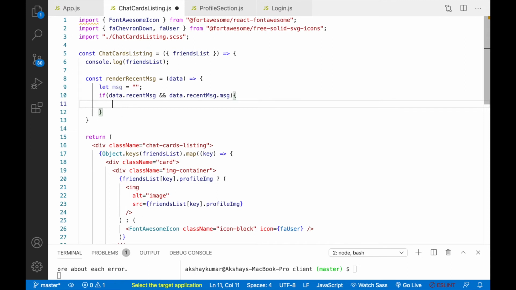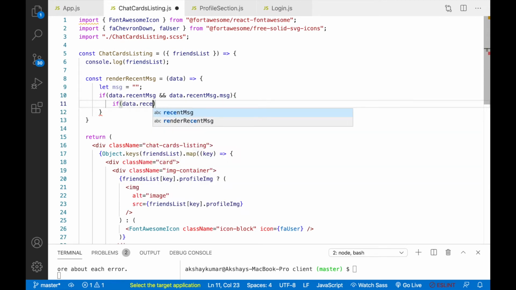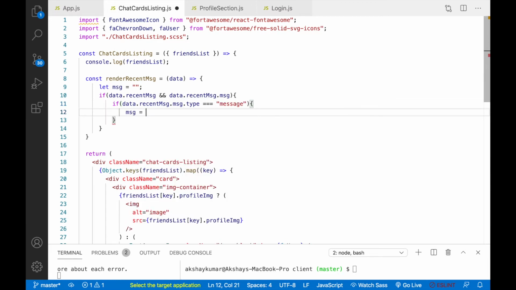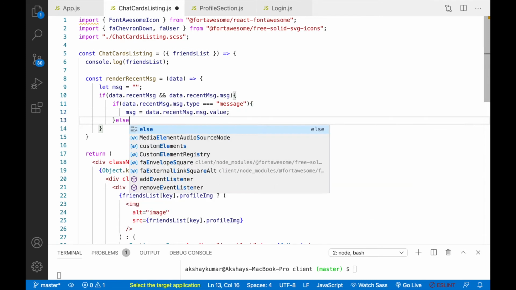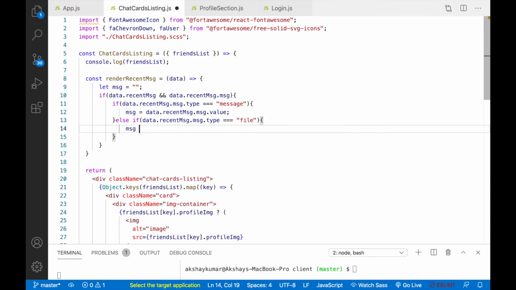Inside we'll write one nested if: if data.recentMessage.type is equal to message, then the message variable is equal to data.recentMessage.value. Else if data.recentMessage.type is equal to file, then we'll write message equals media shared. So one more else if.